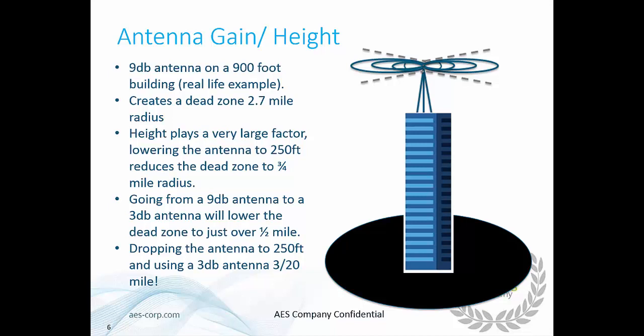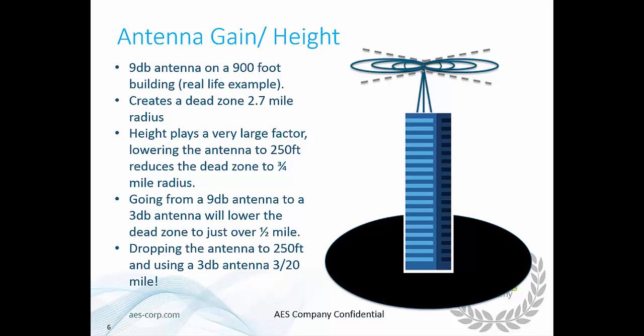And people new to AES will say, hey, I have a buddy that will let me put some antennas up on his tower or up on his building. So what they do is they go out and buy the biggest antennas they can and put them on the highest building or tower they can, and then that way they'll never have to buy additional IP links. The problem, as we now know, is that these big dB antennas send out very small beam widths, which means it will take a long time, or a long distance actually, for that signal to reach the ground.